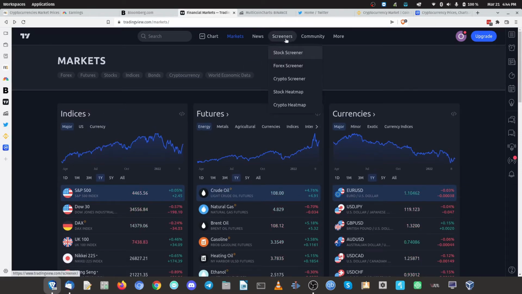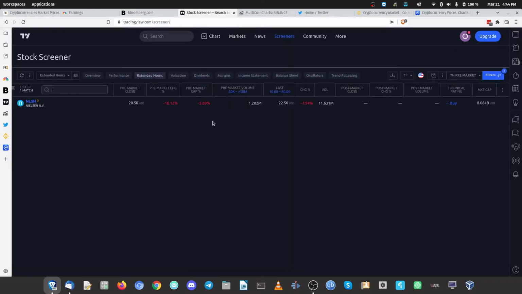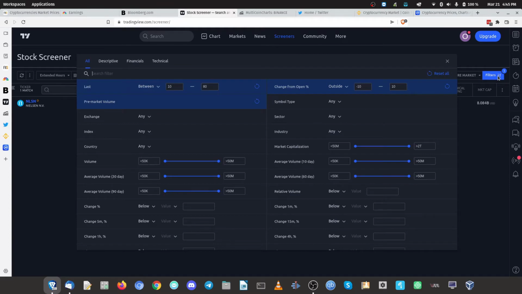And what I love even more is the stock screener or the Forex screeners. If you're not familiar with these screeners, it's quite easy to use. Essentially, what you do is you create a certain amount of filters. So I've done a few here, and based on those filters, only those stocks will appear that match those filters. So for example, if you're looking for stocks that are valued at between $10 and $80, and the change from the open in percent was greater than 10% in either direction, the pre-market volume was over 50,000